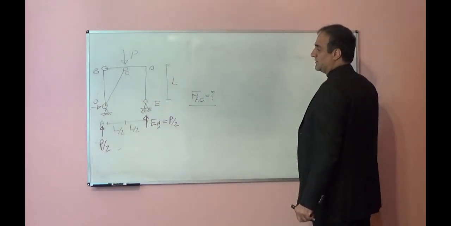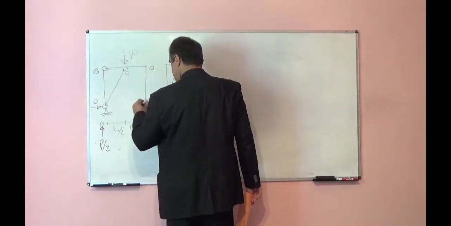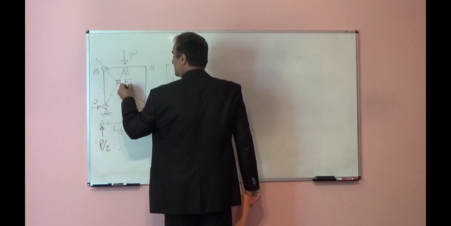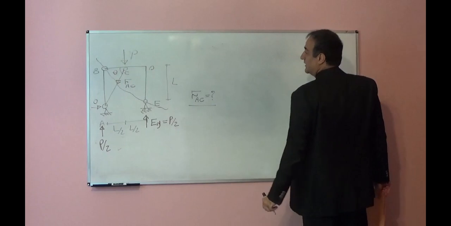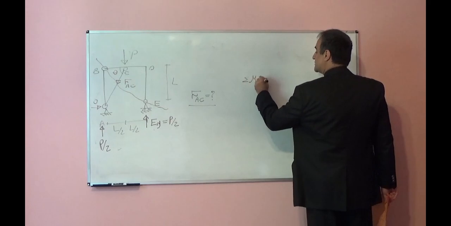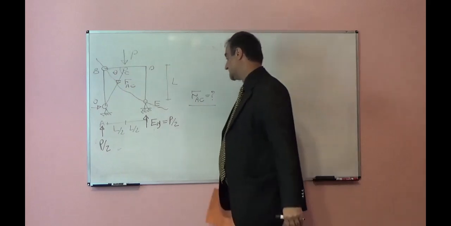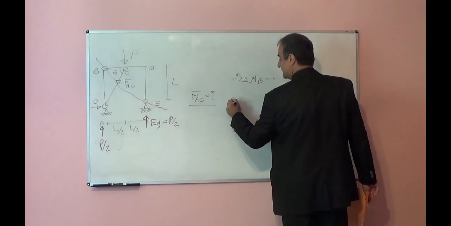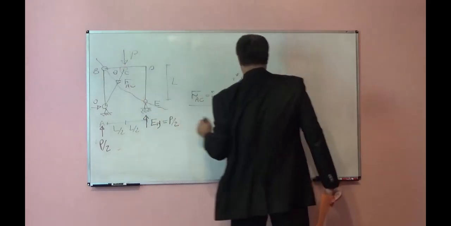Now I want to find the internal force in member AC. It is very easy to find. Assume I will cut like this and keep the right side. This is FAC. This angle is theta. I can take moment with respect to point B. Summation of moment with respect to point B is equal to 0 for the right side of the structure. In that case, I will have EY times L minus P times L over 2